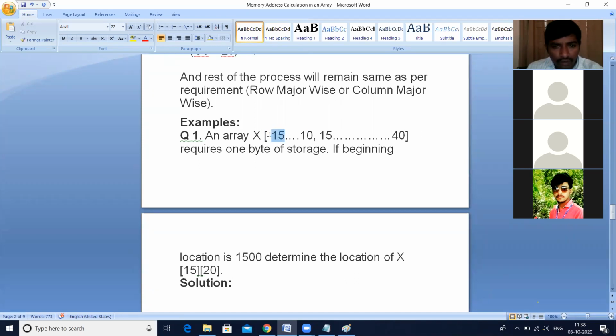That means this is the lower boundary of the row, this is the upper boundary, this is the lower boundary of the column, and this is the upper boundary of the column. These are the rows and these are the columns. If you want to find the number of rows and number of columns, it is upper boundary minus lower boundary. Then we can find the number of rows and number of columns. In a mathematical way, it represents the array like this only.